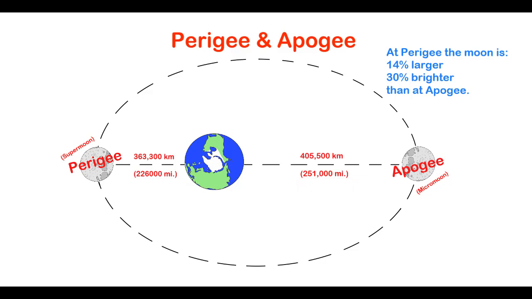So the moon isn't always at these distances when it's a full moon or new moon. It's kind of hit or miss a little bit. Of course, they're not going to hit these on the dot. So how we define perigee and apogee is that they have to be within 90% of those distances in the end. So 90% of the farthest distance and 90% of the closest distance in order to still be considered that. So that's why we're able to have super blue moons in the end, where it's a supermoon right after a supermoon.